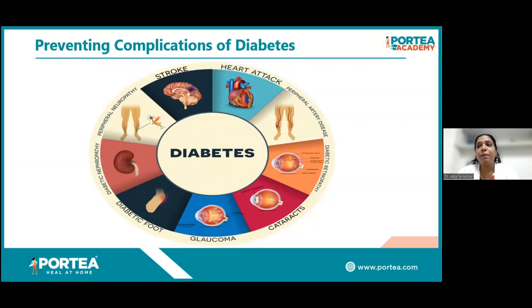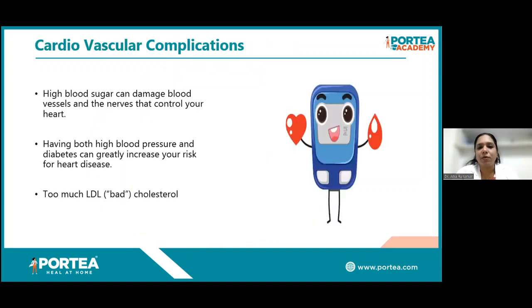Even patients who are taking medicines regularly, over 30 years, 25 years, some complication can occur, but it will be mild because they are well controlled with medicine. So we need to understand what the complications are and what we can do to avoid them. First is cardiovascular, the heart. It's the most important. Any adult above 40 who is a chronic smoker, who has hypertension and diabetes for the past 20 years, is at